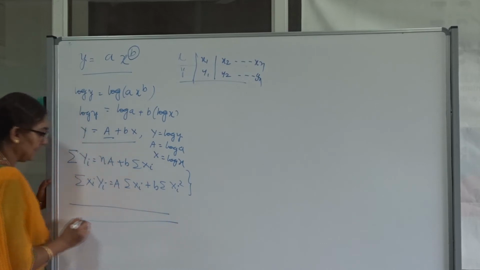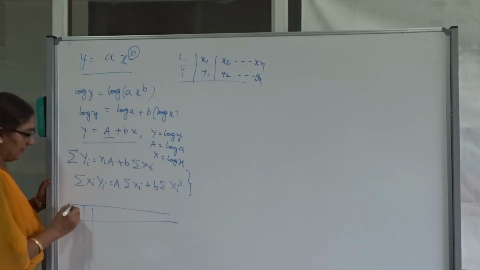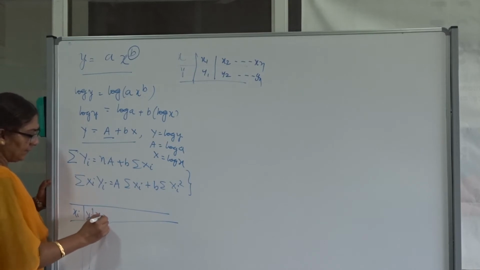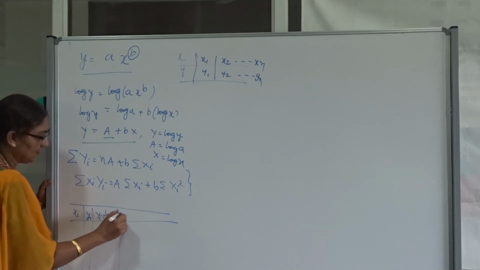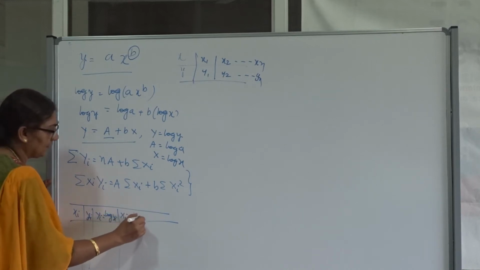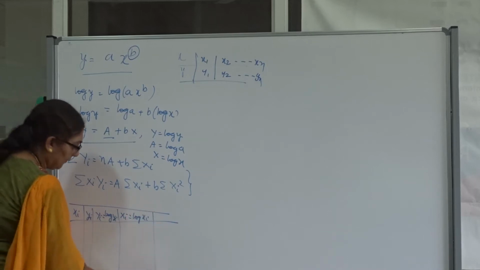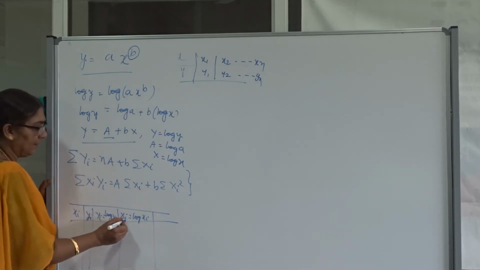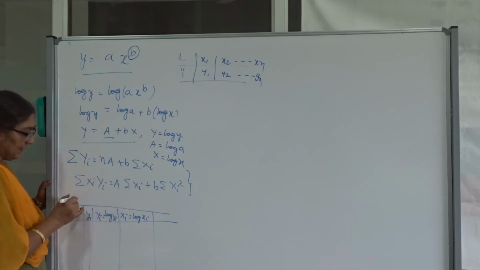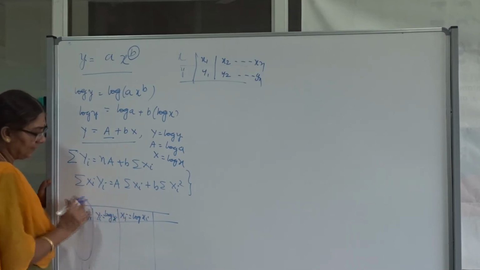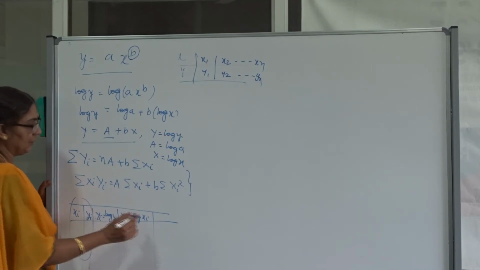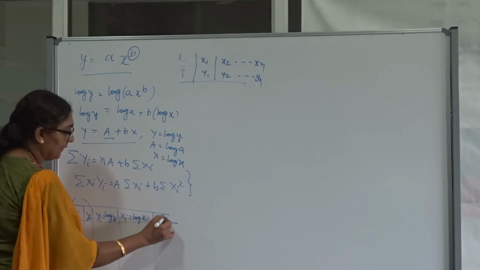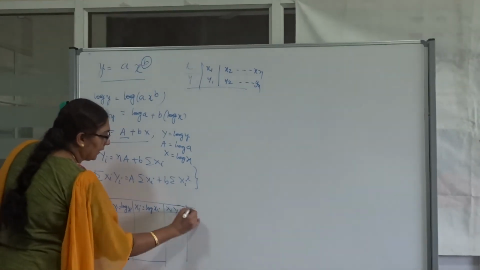After that, you construct the table. Find out what values are required in the table. The first two columns are nothing but the given values. But here I require capital Yi, which is nothing but log of small yi, and also capital Xi, which is nothing but log of small xi. We are finding the values based on capital Y and capital X. Once you get capital Y, I don't want the totals of the first two columns. I require the totals of the second, third and fourth columns, and I also want to find capital Xi Yi and capital Xi squared.